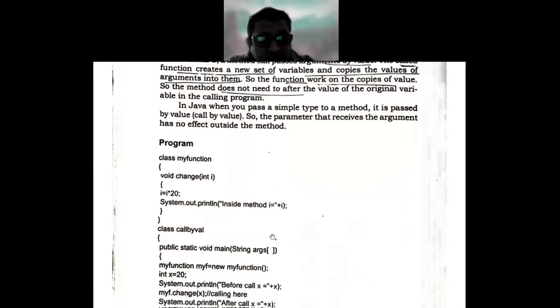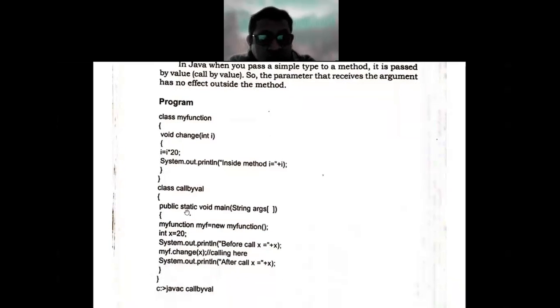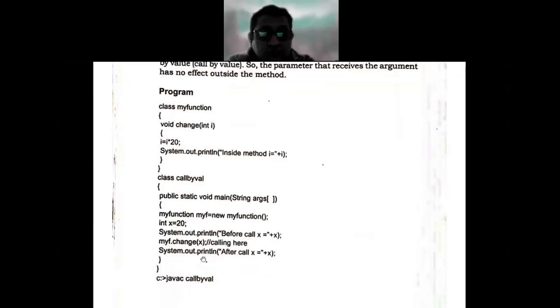So suppose say class MyFunction which changes integer i equal to i into 20, so it will change inside the method i equal to i, then inside the method i equal to 20. So if you create the class CallByVal, then within the main, MyFunction mf equal to new MyFunction, it will create an instance of the particular class, then integer x equal to 20, println before call x equal to x, and then mf dot change x, and after call x equal to this. Okay, so MyFunction dot change will print inside method i equal to,